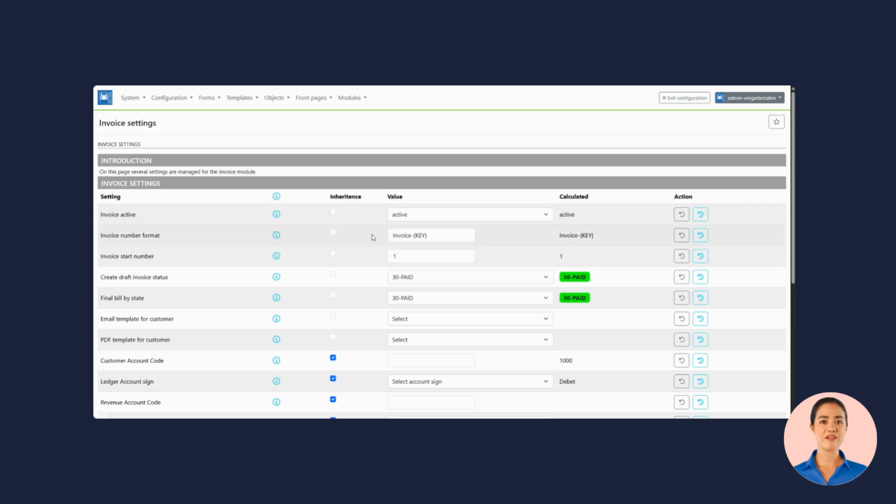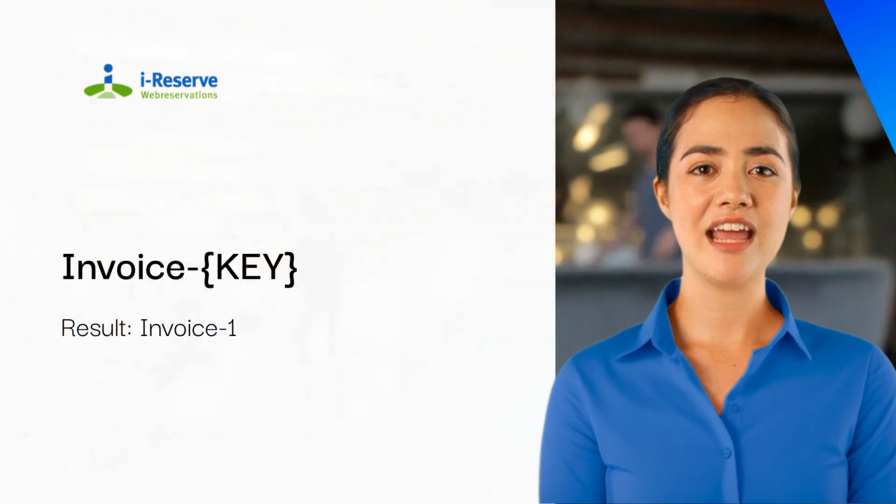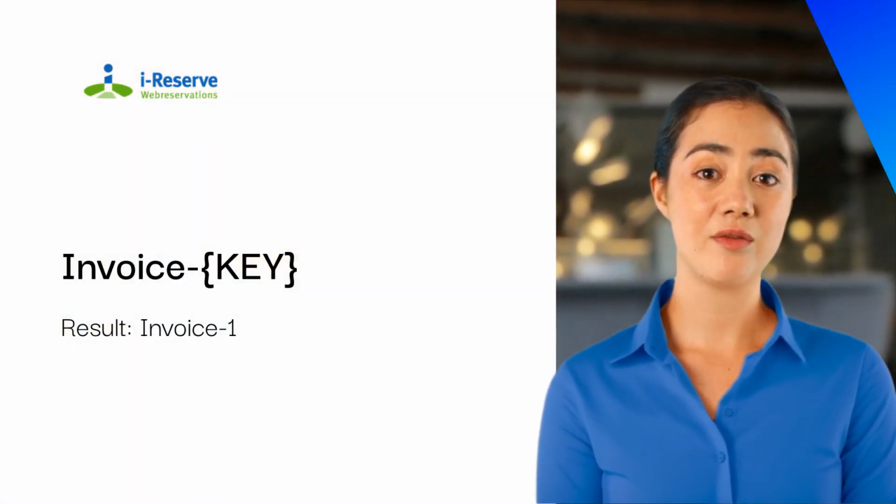The next setting is the invoice number format. This is now set to invoice, followed by the variable key. The key variable must always be present in the invoice number. At the bottom of the page, a description of the available variables can be found. The current value for the invoice number format results in the following invoice number for the first invoice that is